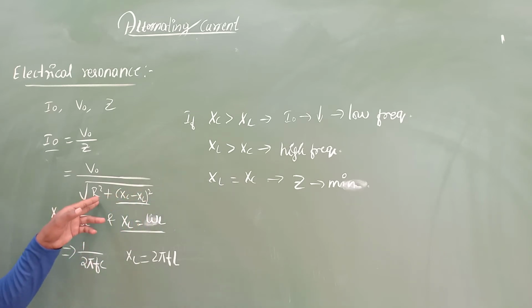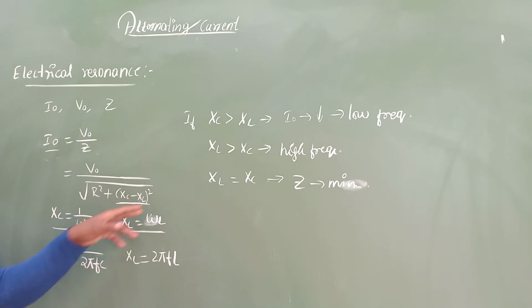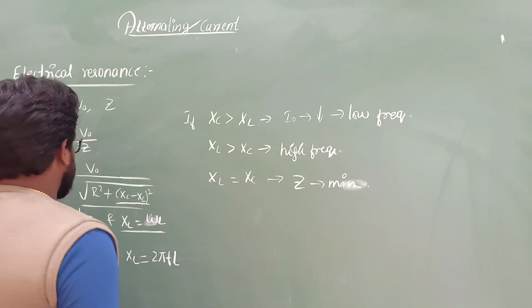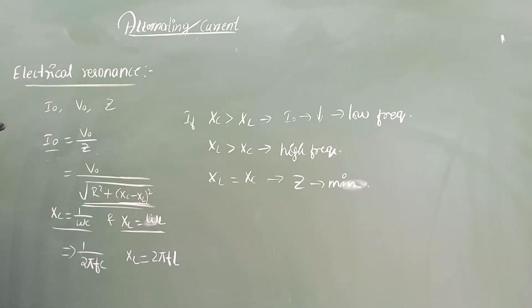So XL is equal to XC, then what happens? The R value, this product will become less. That means the impedance Z will have minimum value for a current value of I0. For this particular value of current, the Z value becomes less. Okay, and obviously this will also have minimum value. So at this frequency the impedance is minimum, and the I0 value you are going to get here, that is also minimum. Current here in this circuit will have the minimum value, correct?